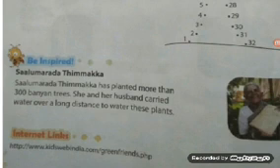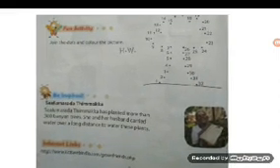We should take inspiration from her, and we all should grow plants and trees more and more, which will save our nature. Correct? Okay. Now that is all for today, children. You have to stay home, stay safe, and take care of yourself. Thank you.